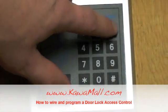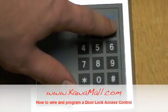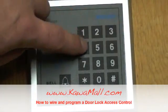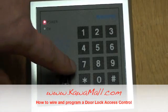To set the PIN number, enter the programming code. Hit 3, enter your 4-digit PIN number, and you should hear a 2 beep confirmation. Hit star to exit the programming code, and now you should be able to open the door with your PIN number. To program your unit with your RFID, hit your programming code,